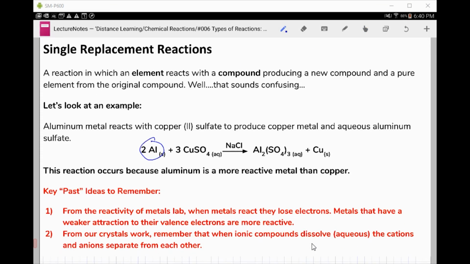Right here at the start of our reaction, we are reacting that with a compound, and it's going to be very important that this thing is aqueous because we need to react our free element with an ion, a separated ion. If they're still bound together in that crystal lattice, it's not going to react in any way. So we have a compound here. And as a result of this reaction, we're going to end up with a new compound where now aluminum is in that compound, and the metal that was originally in that compound, the copper, is now going to be in its elemental state. We're going to be forming copper metal out of this reaction when originally the copper was aqueous